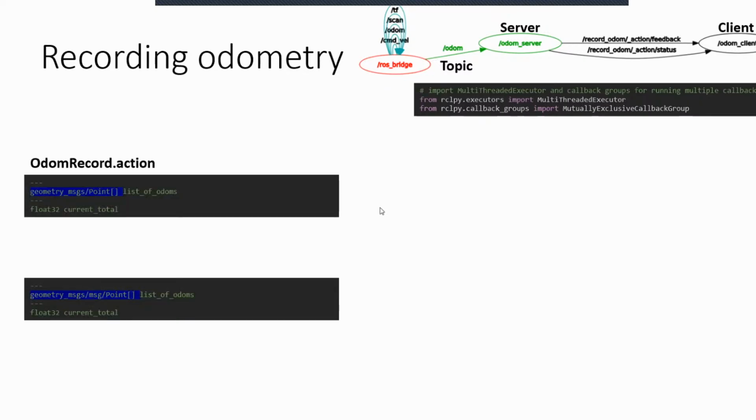And the thing I struggle the most here, there are 2 things. The first thing is the action file. So we have to create a custom action type, which is called odometry record. And the first thing I struggle is I actually have to